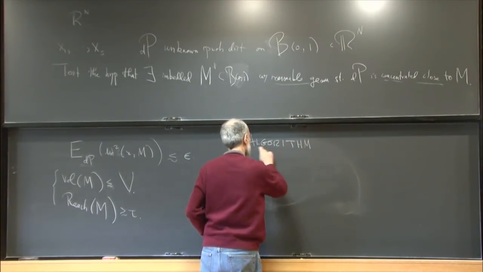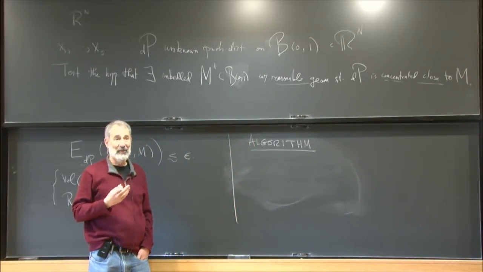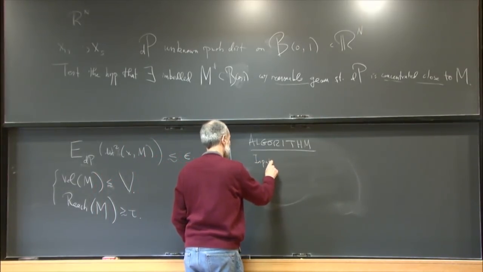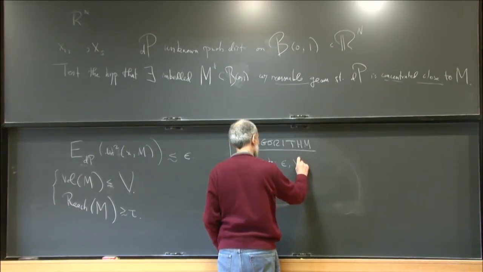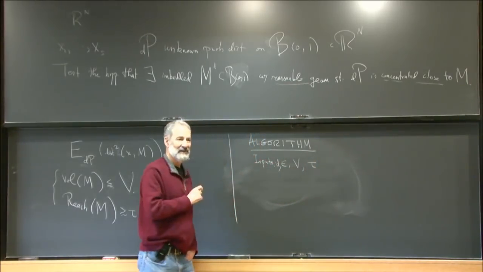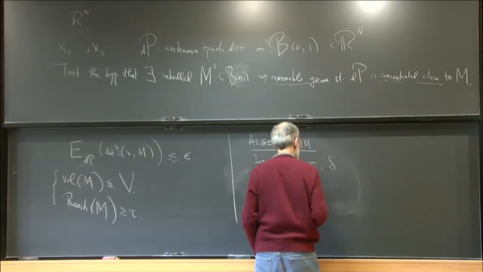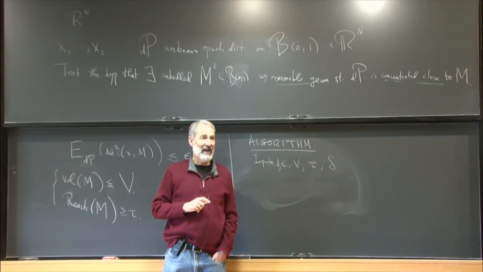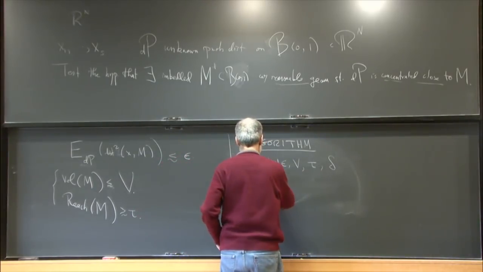And the algorithm takes some inputs and it produces some outcome. The inputs to the algorithm are the parameters epsilon, v, tau. How about d? Let's input d, the dimension. And one other parameter, delta, which I haven't mentioned yet. Delta is going to be a bound for the probability that the algorithm makes a mistake. Okay, so those are the inputs, and